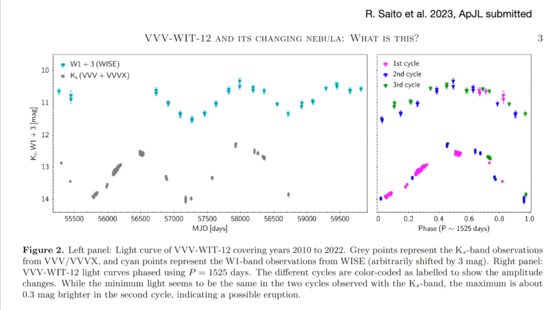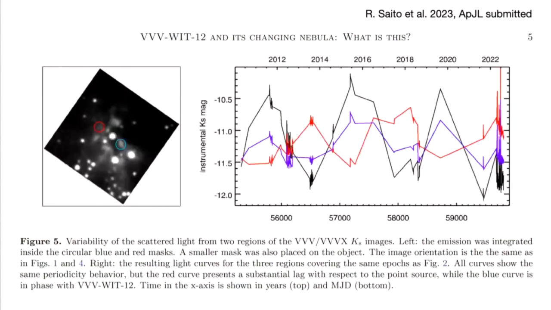Amplitude changes are reasonable, but the WIT is nice. I wanted to mention this because it allows us to extend the observations. We had only 2 cycles, but WIT allowed us to have 1 more cycle, and it keeps doing the same thing. But the interesting thing is that when you look at the nebula itself, one part of the nebula varies